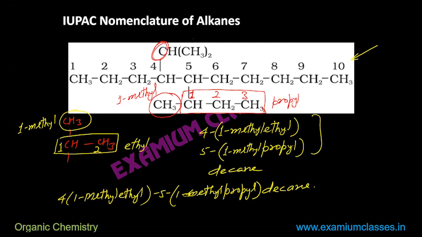So 1-methyl ethyl, 1-methyl propyl. This is one answer, and this is a pure IUPAC name. Okay, so I call this the pure IUPAC name because there is another IUPAC name possible. Here I have used numbering and alphabetical order everywhere, whether it is branch or root. But the same compound can be named in a different way also, because yesterday I told you,